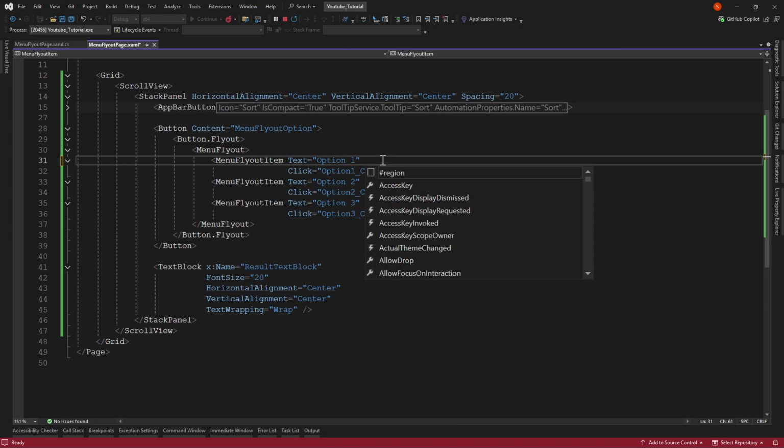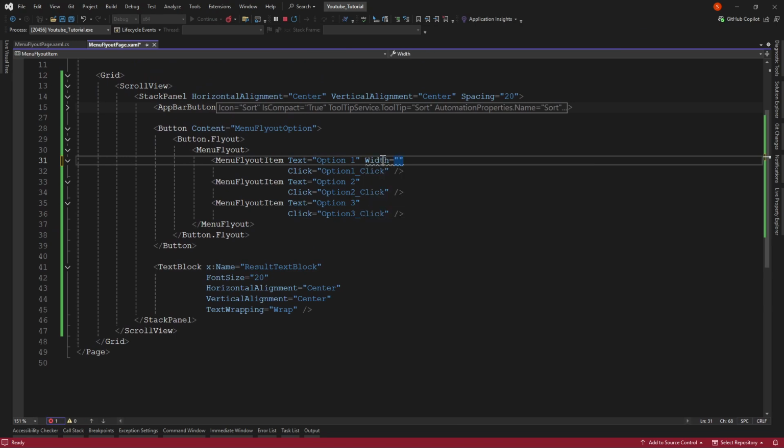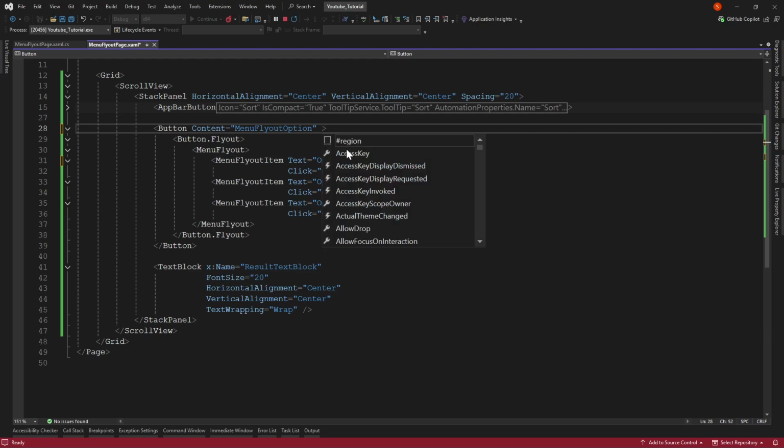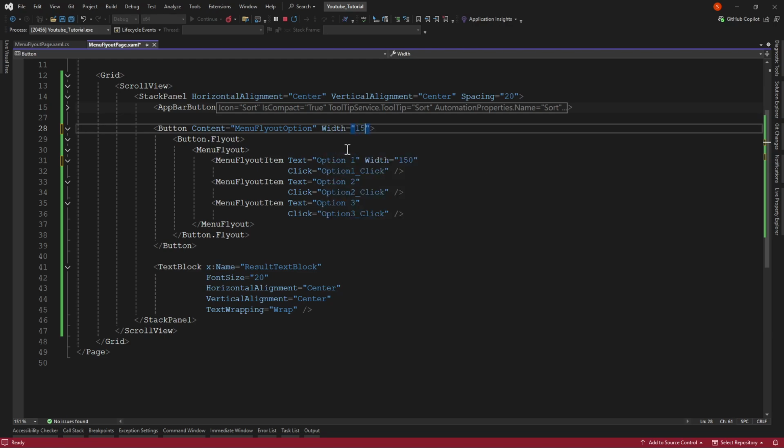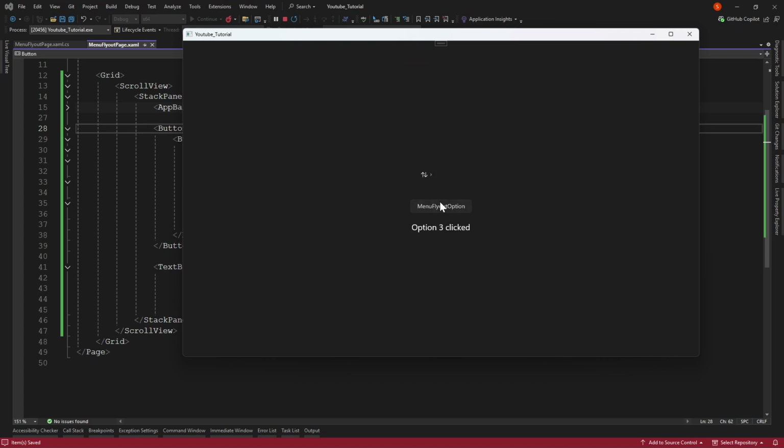So I just change width to 150. Oh, button 2 width 150. So just save and go to the app again. Oh yes, that's my option 1, option 2, and option 3.